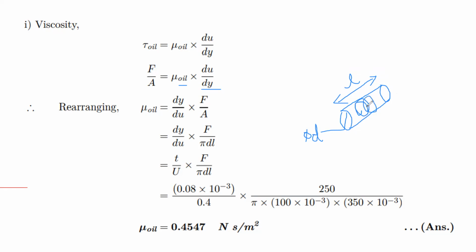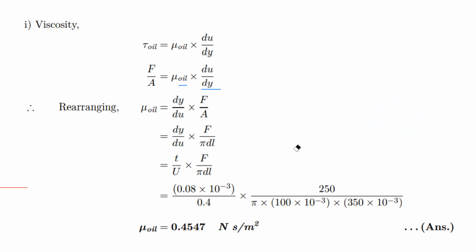So to find the area of this curved surface, I am using the equation pi d l. I should not use this circular surface, because this curved surface is in contact with the sleeve. That's why for that area I need to use the equation pi d into l. Pi d represents what? Circumference. So this circumference pi d, multiplied by the length, will give you the area. Therefore I'll use this equation pi d into length.